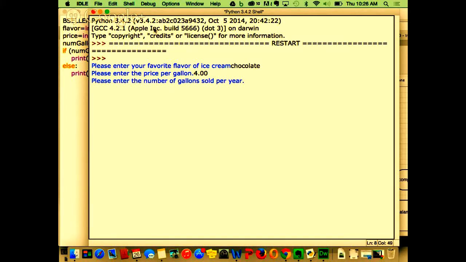Please enter the number of gallons sold per year. Let's say this one is a favorite, so I'll say 41,000. Chocolate is a bestseller. So it worked. Let's see if it gets the no one, because it may just be defaulting to that.